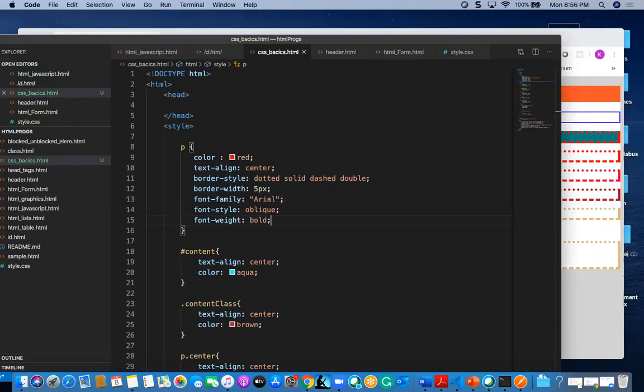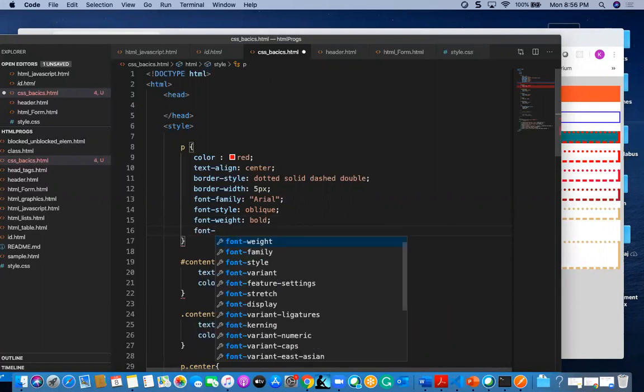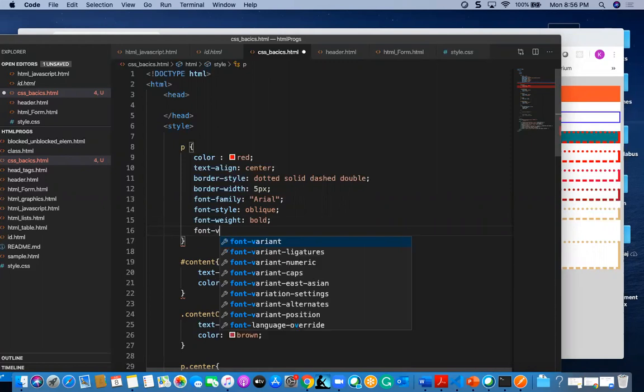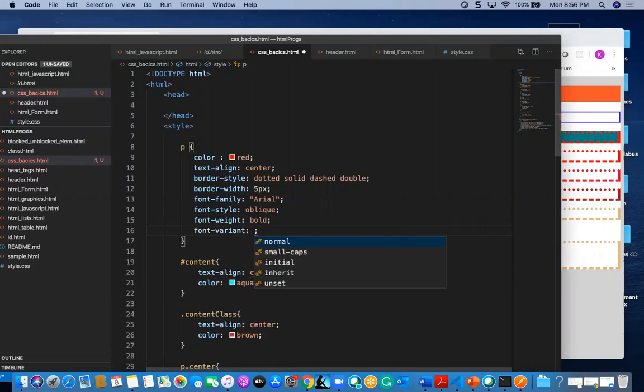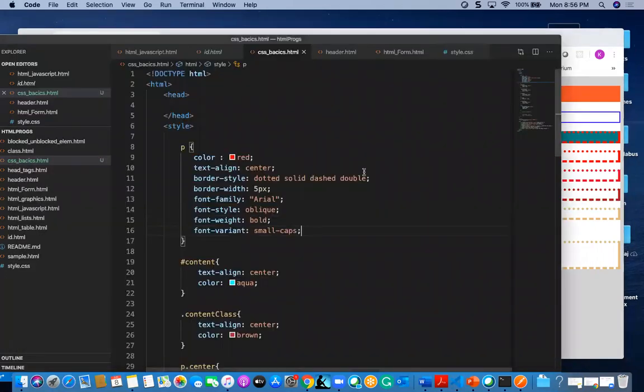It specifies whether text should be displayed in small caps. Suppose I want to put the font in small capital letters, then I can go for font variant and give small caps, and I can find it in small capital letters.